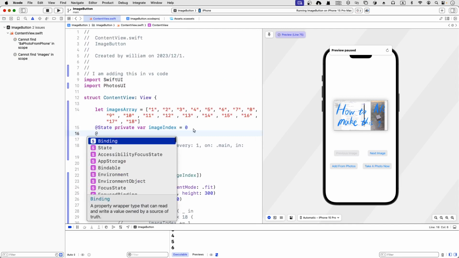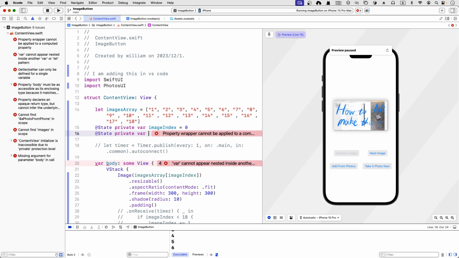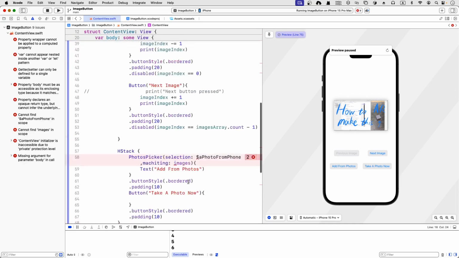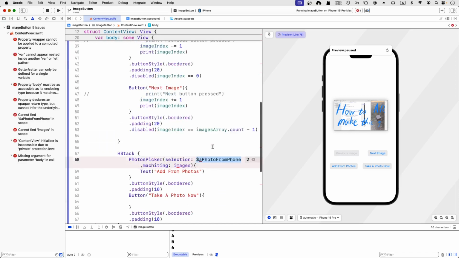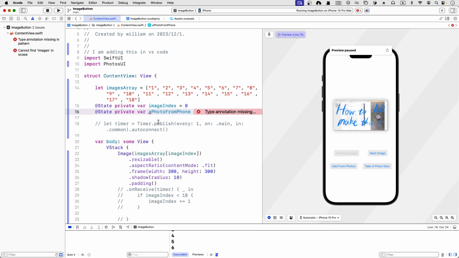I'm going to add another state variable, @State private var, we're not going to use it anywhere else. Let's add in this photo from phone. So this will be a binding, and let's add it here. And a photo from a phone, and since it's a